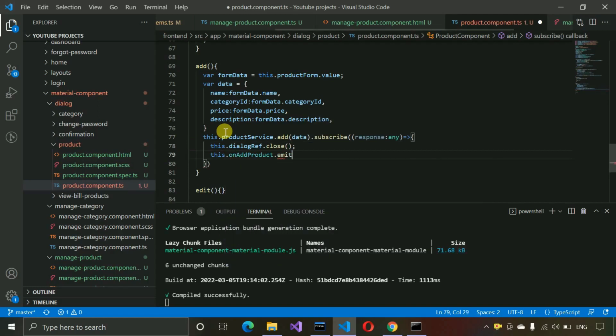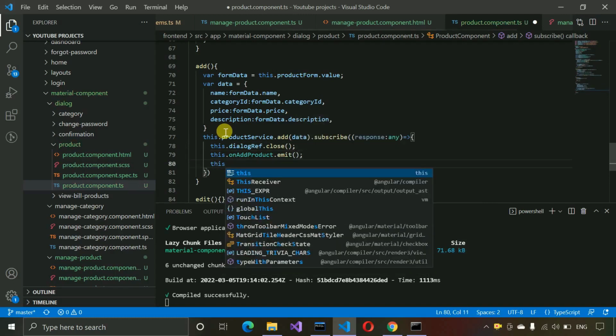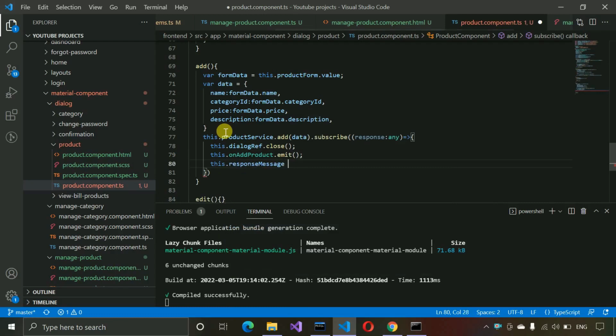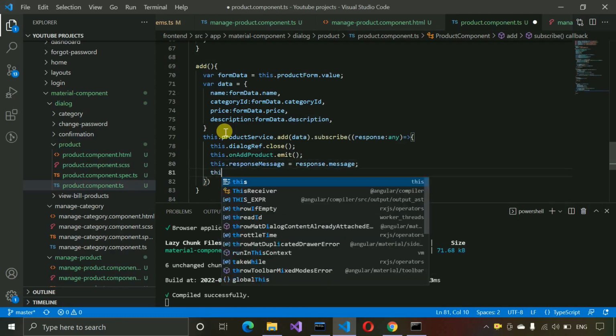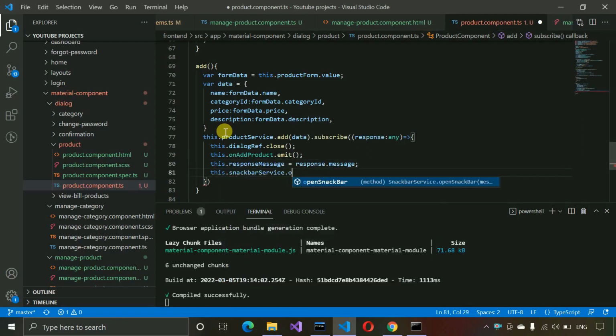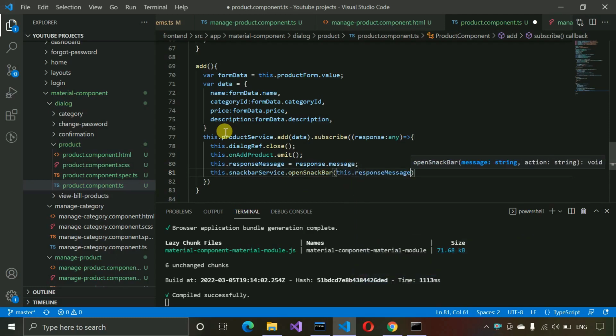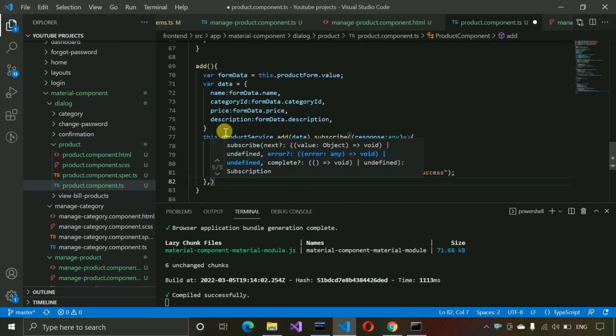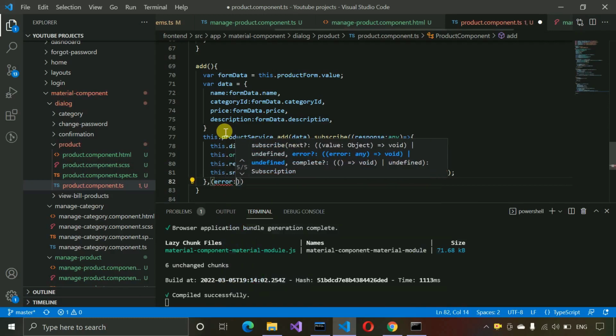We are going to do just this.responseMessage is equal to response.message, and this.snackbarService.openSnackbar, and whatever response message we are going to get, we are going to just pass that. There's maybe a chance that an error occurs, so in that case we have to write error any,